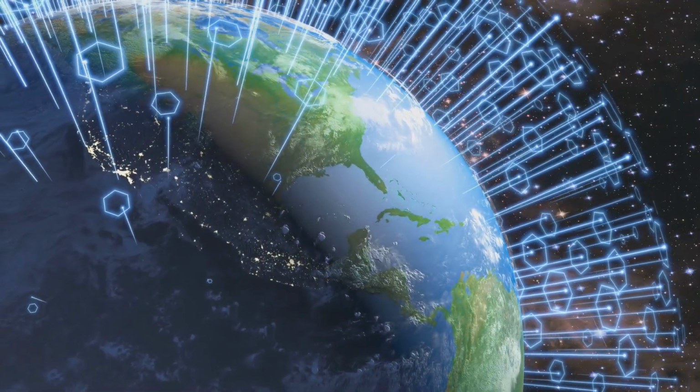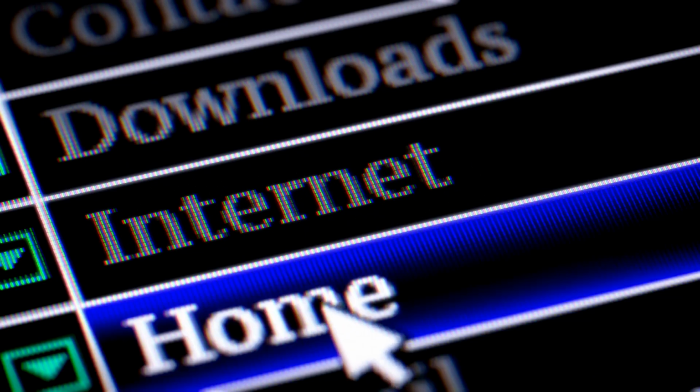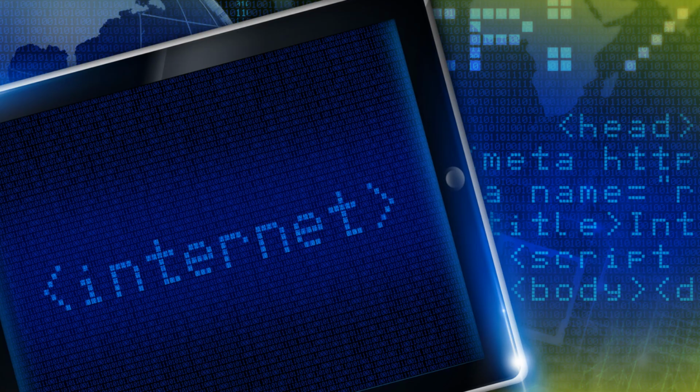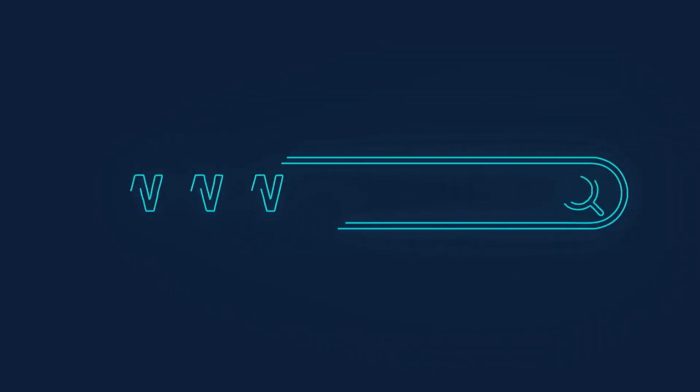The 90s also saw the rise of tech giants like Microsoft and Google. Microsoft, already a key player in the personal computer market, seized the opportunity and made the internet more accessible for everyone with their Internet Explorer browser. This browser came bundled with their Windows operating system, thus reaching millions of users around the world.